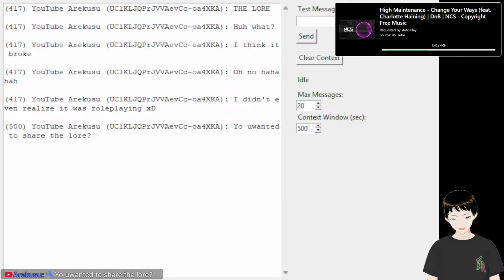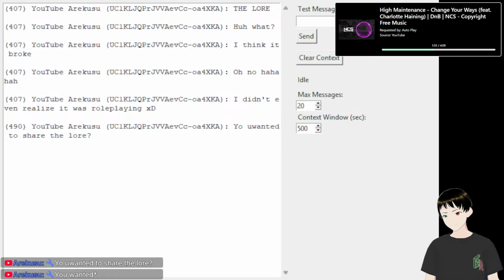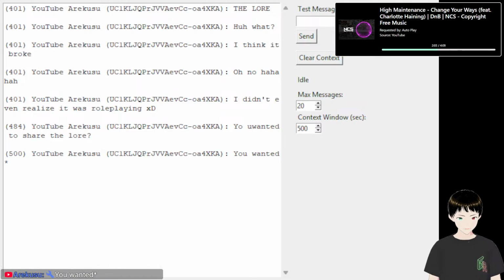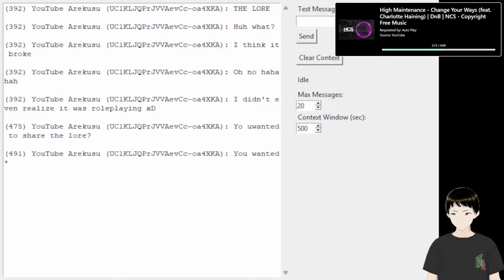I will pull up the lore. I did not write it. I just gave an AI, specifically Copilot, hey, can you just write up some lore? I've not read all of it. Well, I've read over it just to make sure it was okay, but how do I want to do this? This is very much going to change over time, so nothing is final, but at least a start.